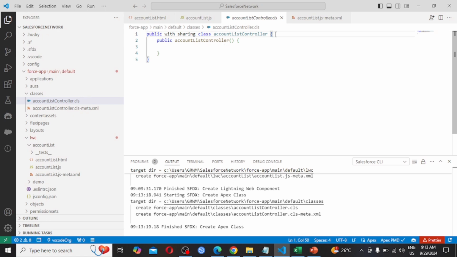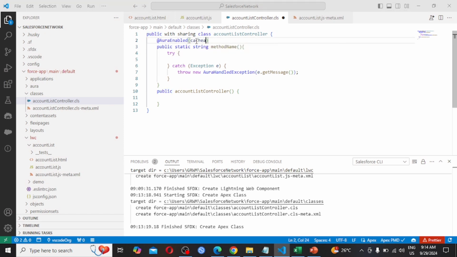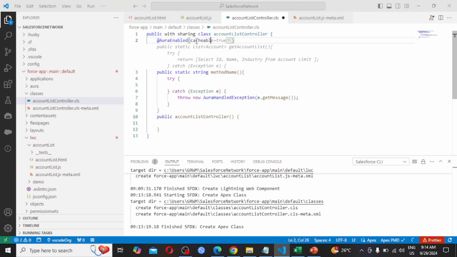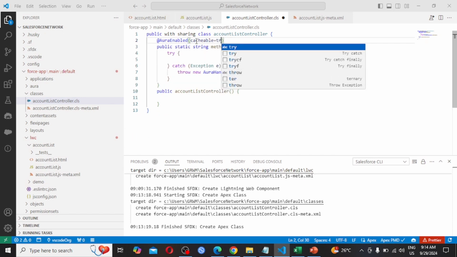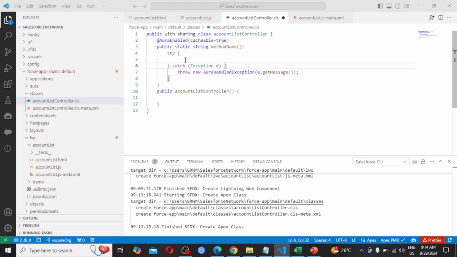First we have to make it @AuraEnabled(cacheable=true). Automatically it is suggesting public static string method name. This format is suggested after putting the @AuraEnabled.